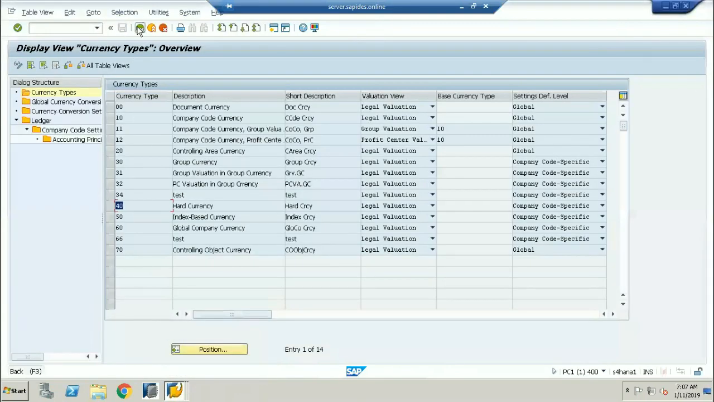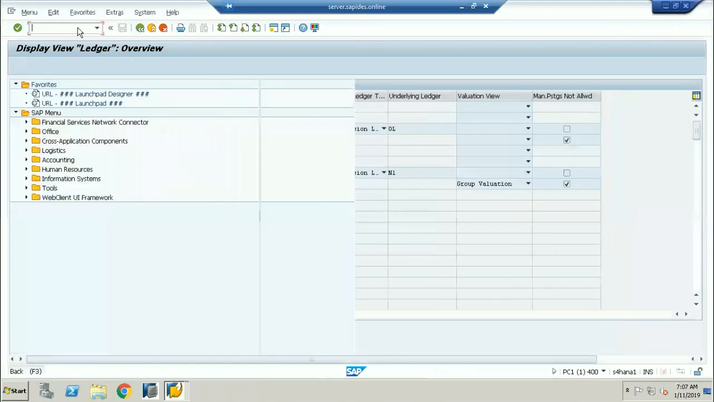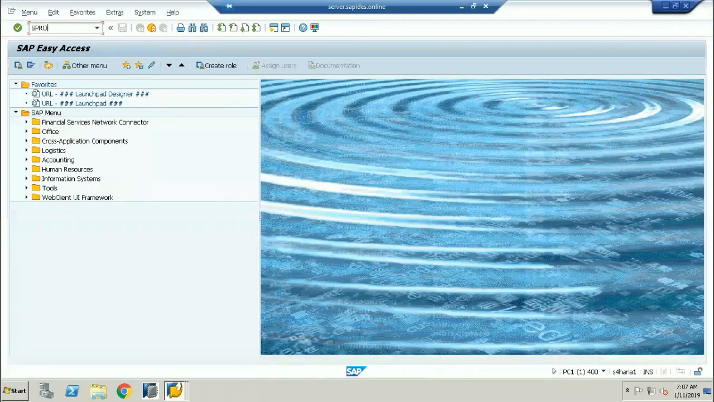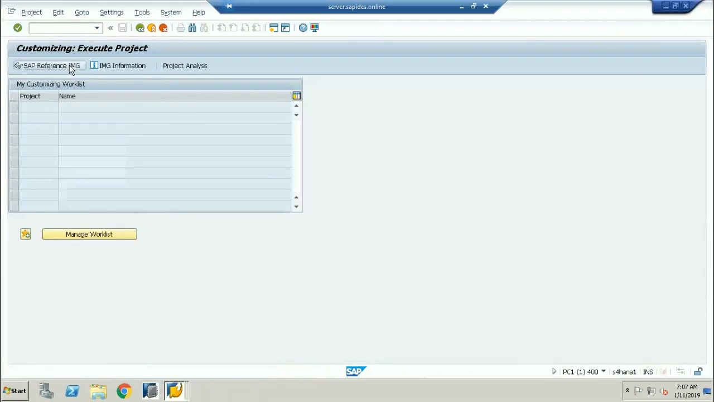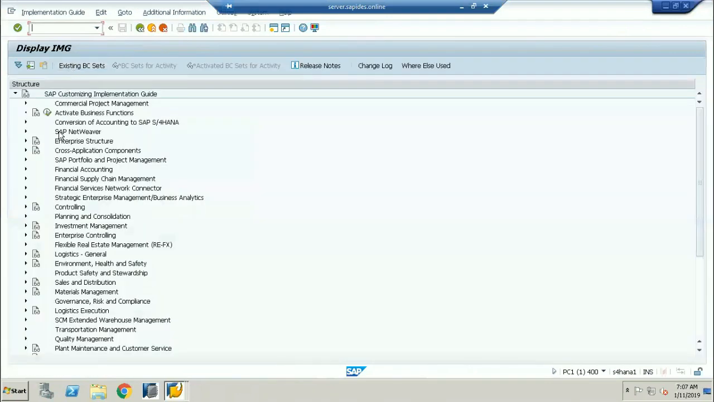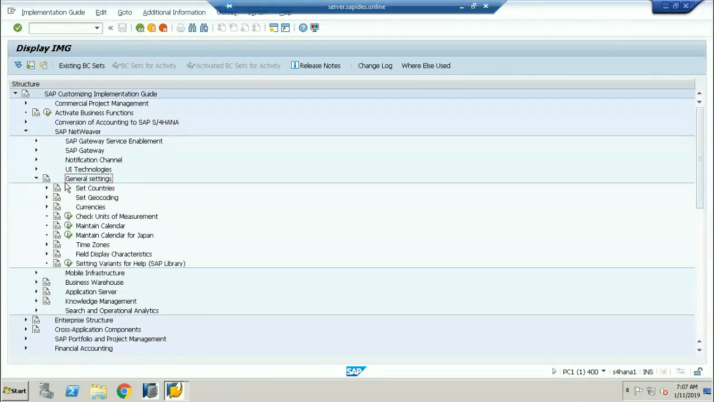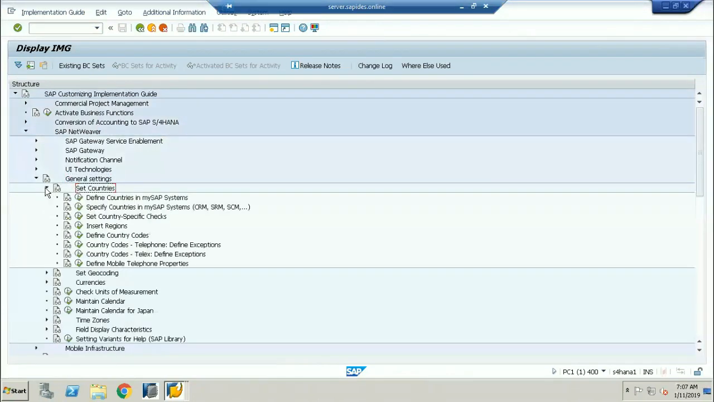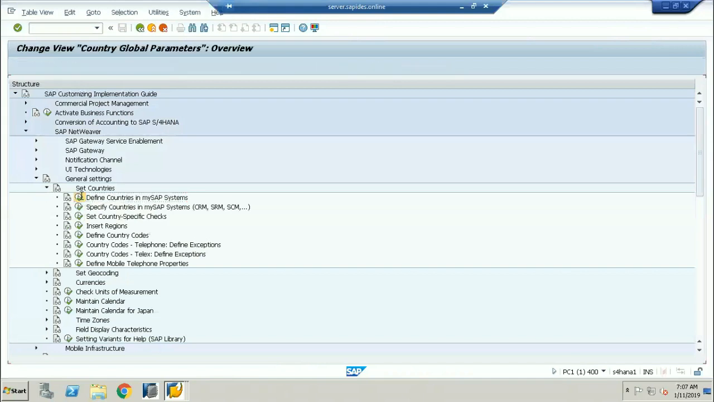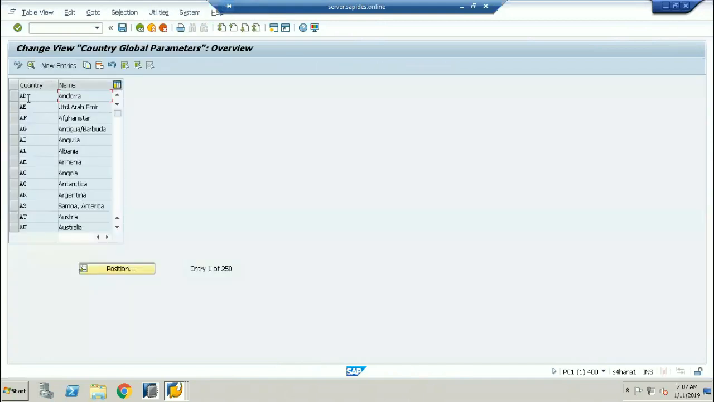If I go back to SPRO, IMG, SAP NetWeaver, General Settings, Countries, Define Currencies, Countries in SAP. If I go to any country and click on the details, whichever currency you are assigning here,